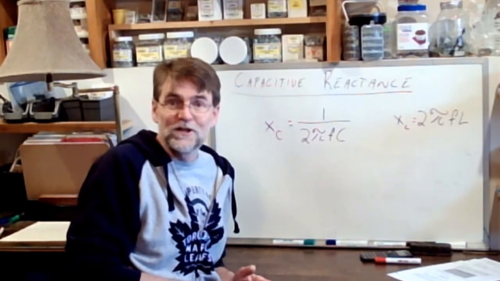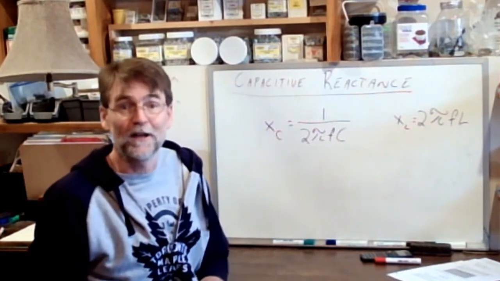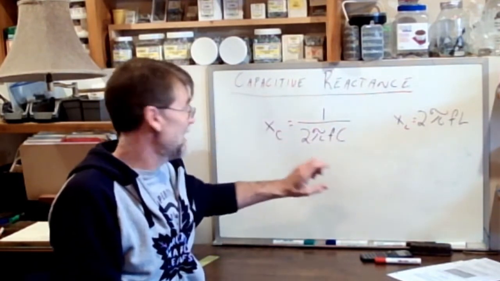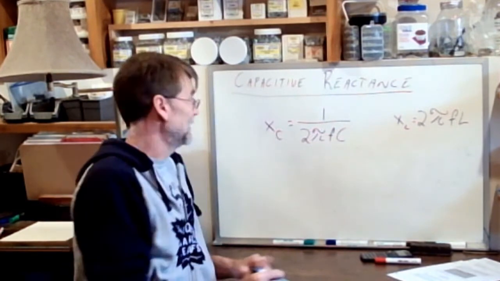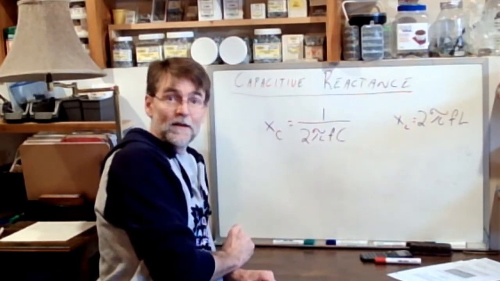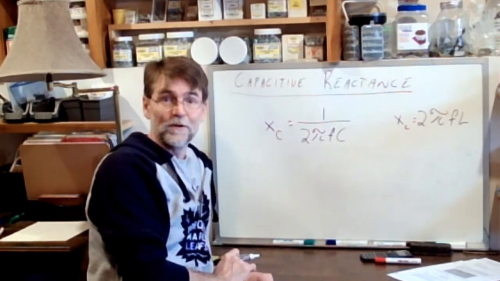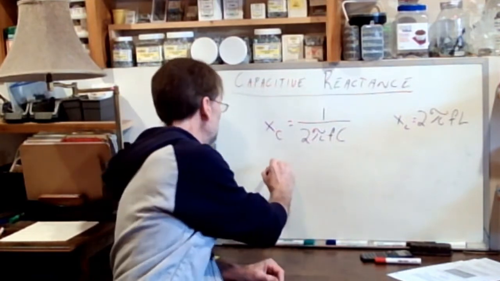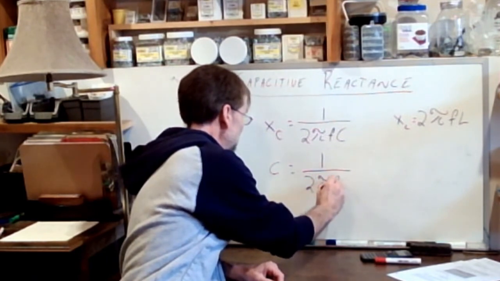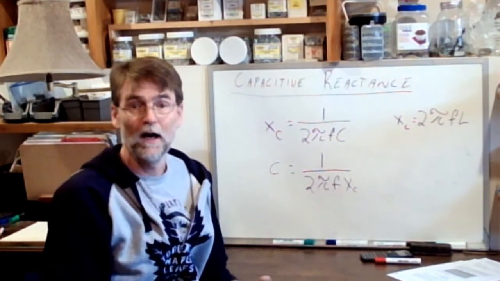The good news about this equation is now the algebra is really easy if what we want to calculate is not the capacitive reactance, but the capacitance in the circuit. If you're told the value of the capacitive reactance and your task is to calculate for C, now that's really easy because we can just take the C across the equal sign and up into the numerator side, and XC from the numerator side here across the equal sign down into the denominator. So they just trade places. So C equals the inverse of 2 pi F XC. So that makes that particular little manipulation